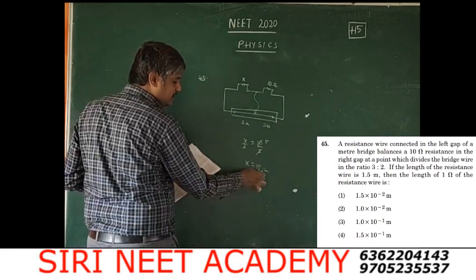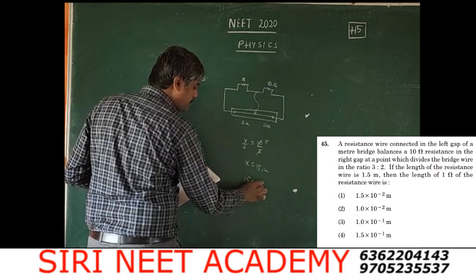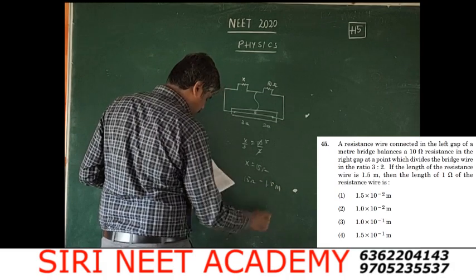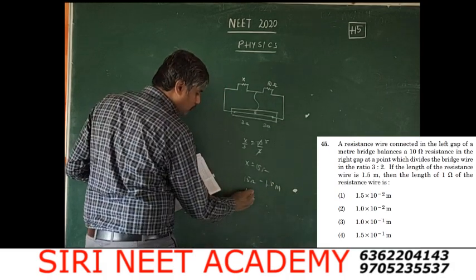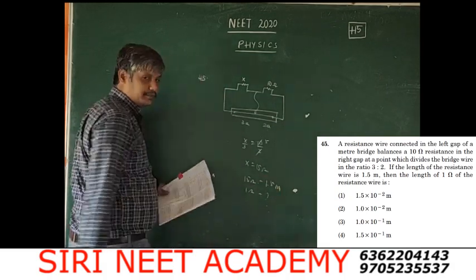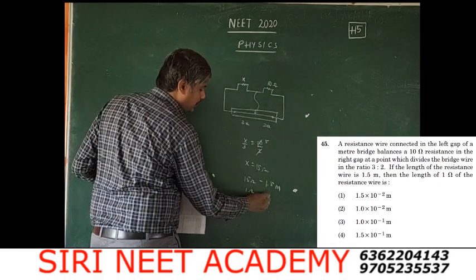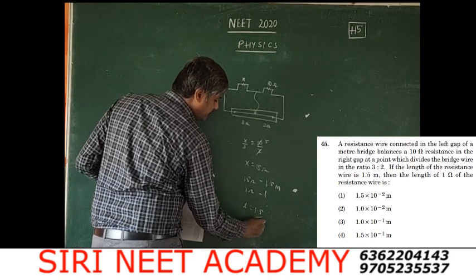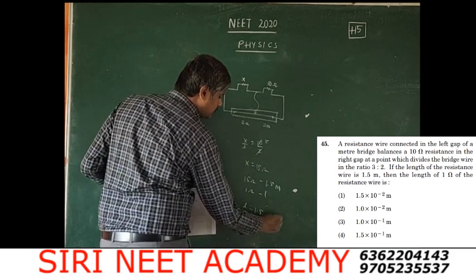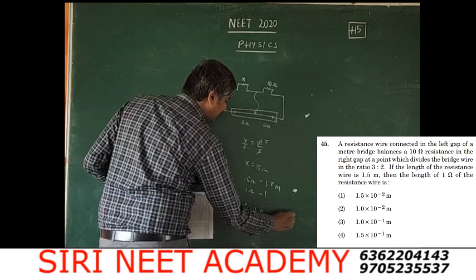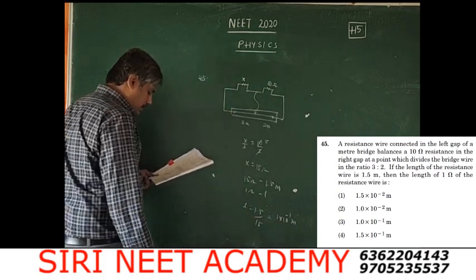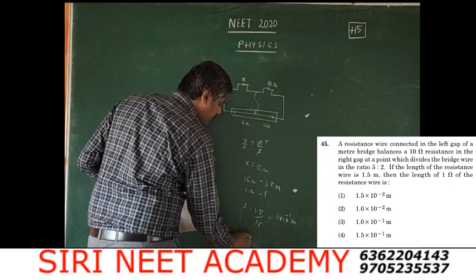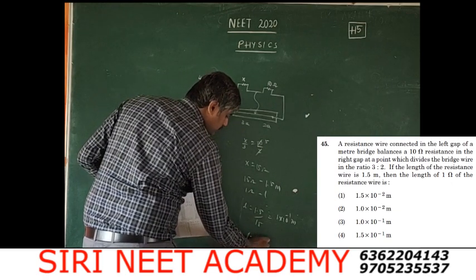So the length of this 15 ohm is 1.5 meter. What will be the length of the 1 ohm resistor? L is given by 1.5 by 15, that is equal to 1 into 10 power minus 1 meter. So the option corresponding to this one will be